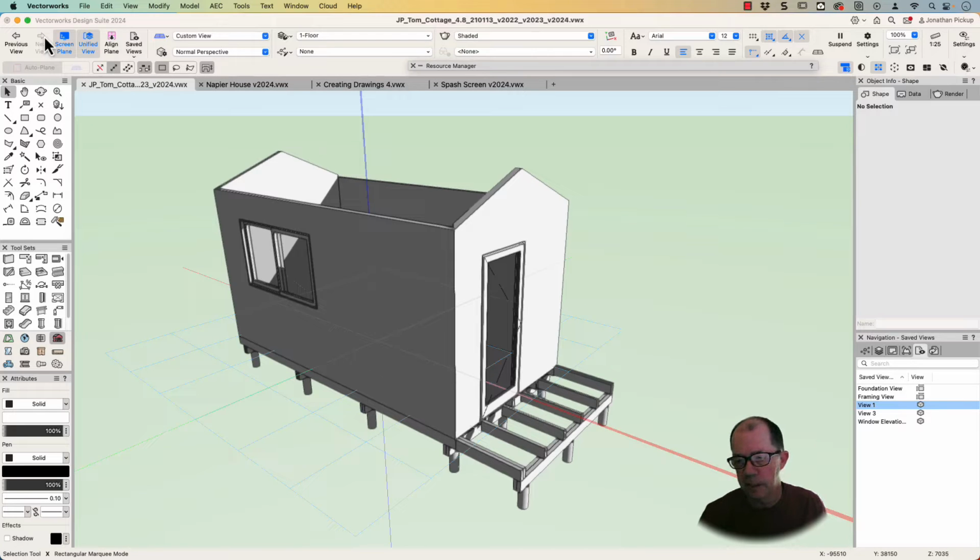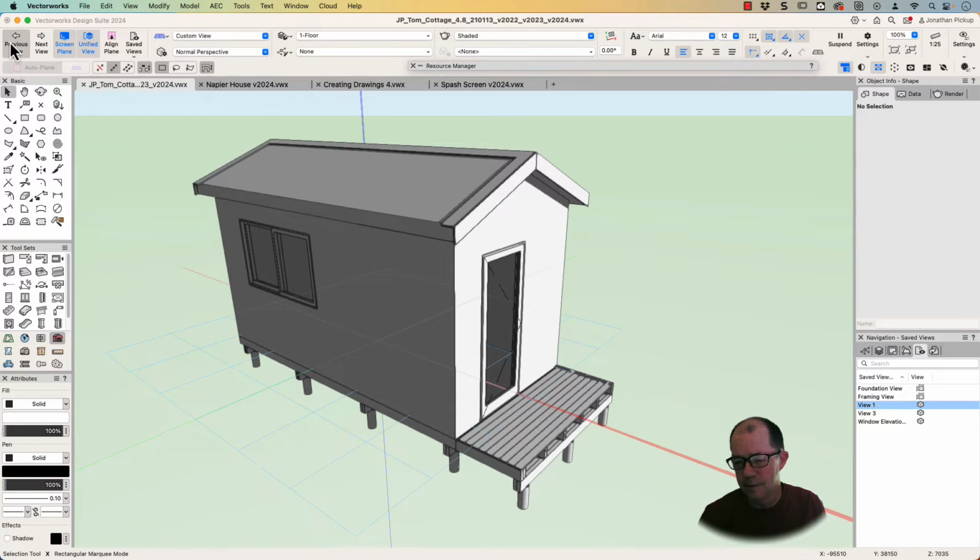If you've ever created your saved view like this when you wanted this, then you need to watch what I'm